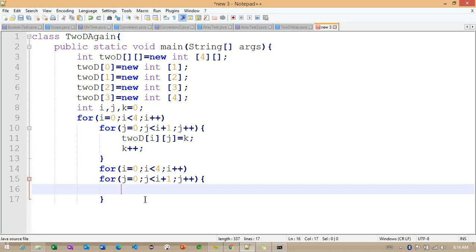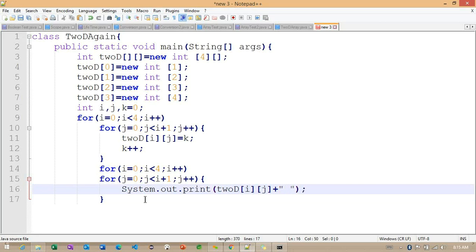But now, how can we print this particular value? If I define system.out.println, we cannot work with println. We can go for print here. And here I want to define I comma J. So I want to give some space here so that we can easily understand.